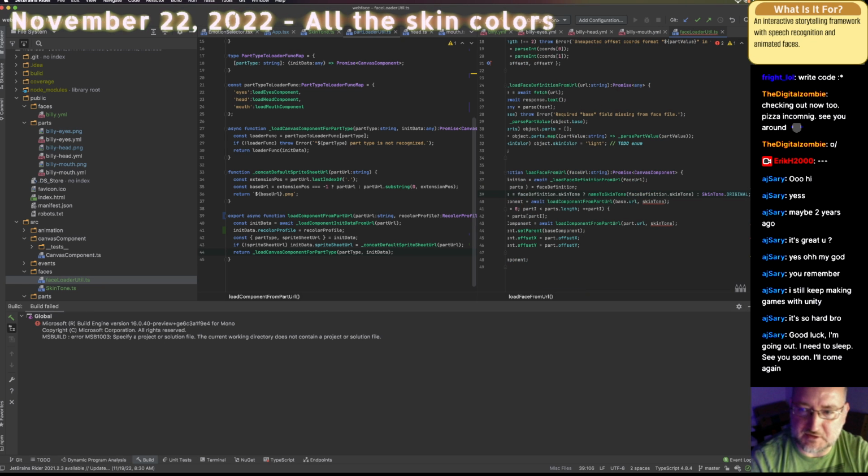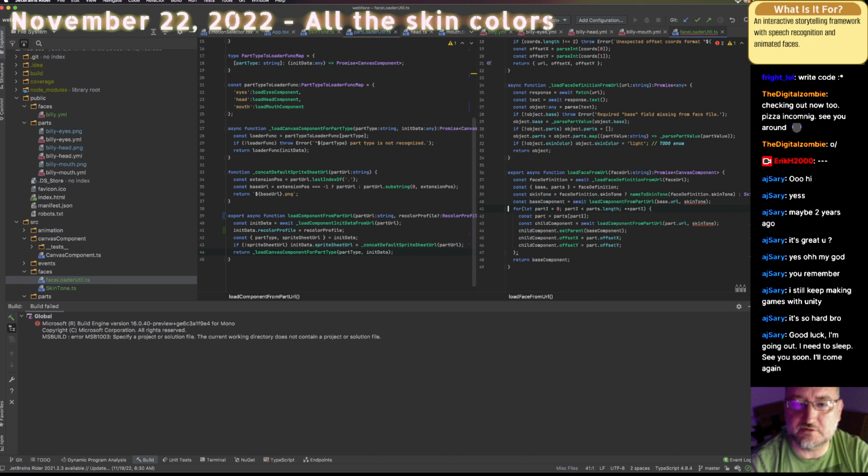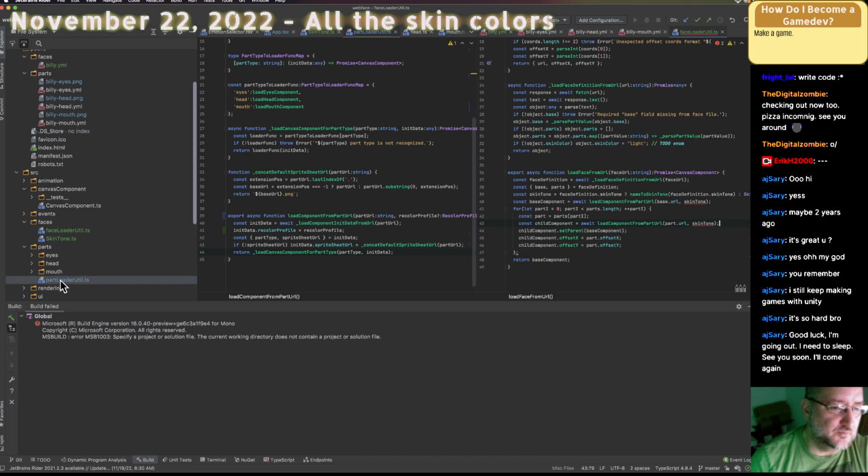If it's not specified, we just say original. Okay. Now, you are saying there's an error because you're expecting a recolor profile, but I'm going to let each component get the recolor profile. So for that, go to part loader,